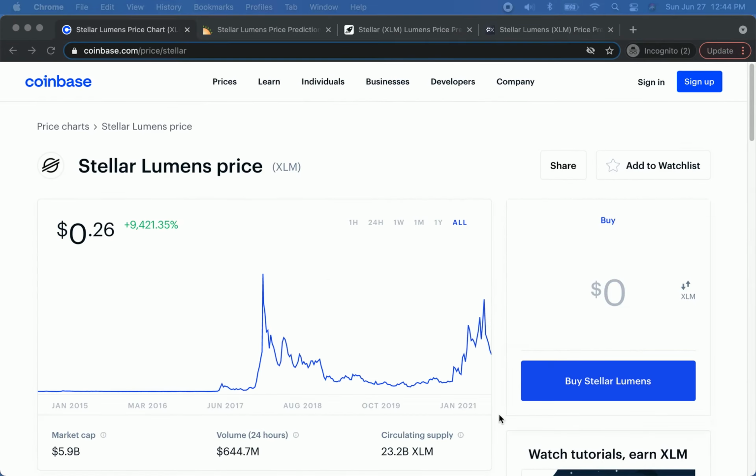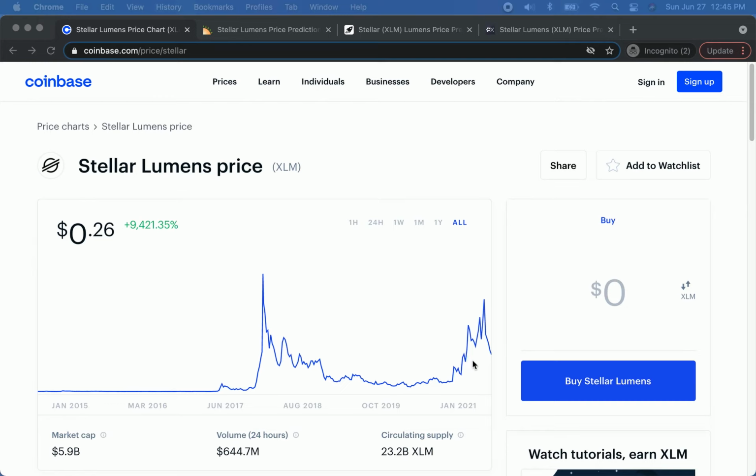Now let's talk about the price history of Stellar, and we're going to look at some price predictions also. Now, my disclaimer: this is not an investment channel. I'm not here to give you any financial or investment advice. I'm just going to talk about what the price has done in the past, and then we'll look at some other people's price predictions so you can gauge whether there's a general bullish or bearish sentiment surrounding Stellar Lumens,